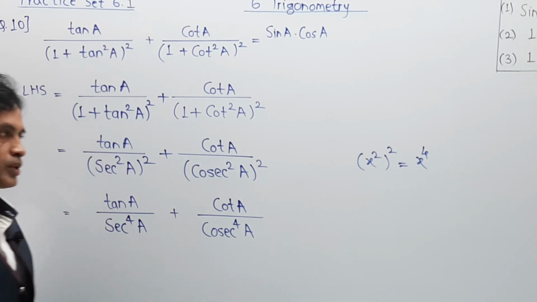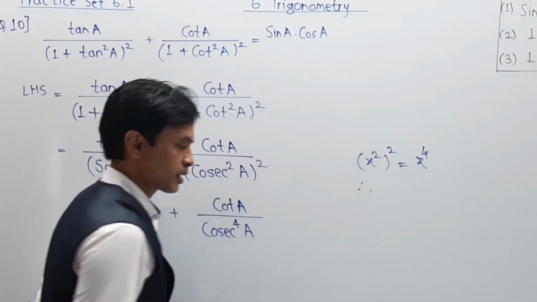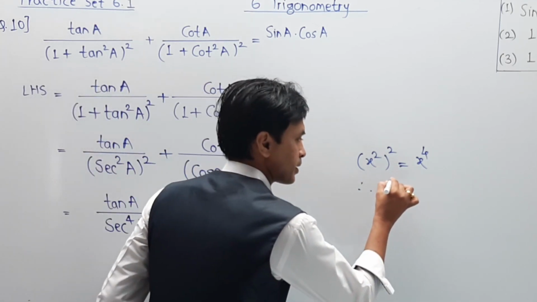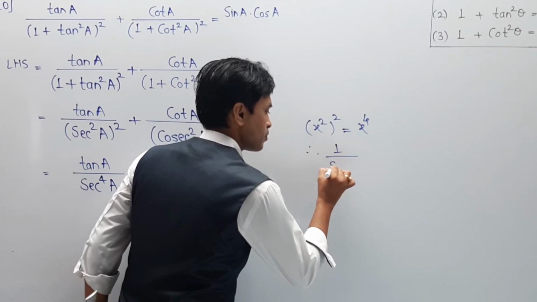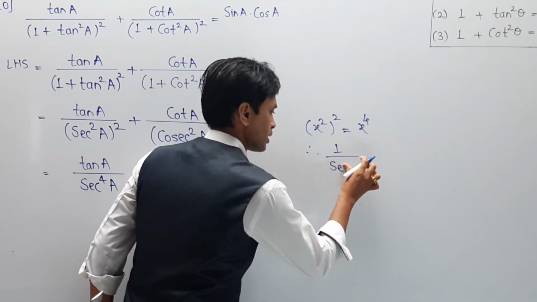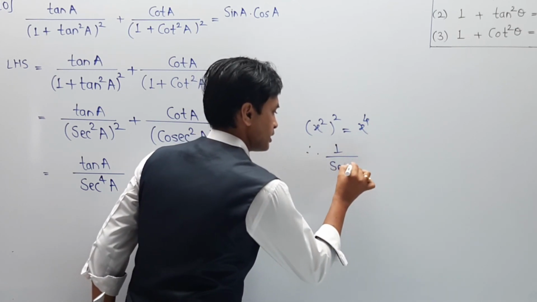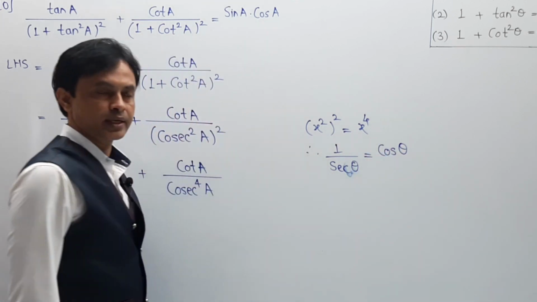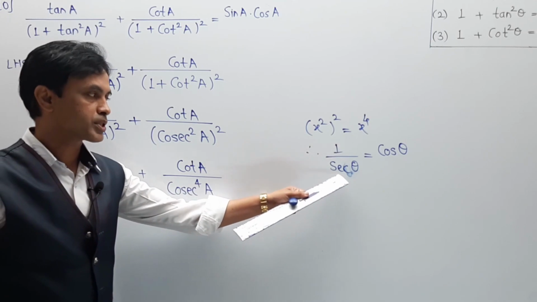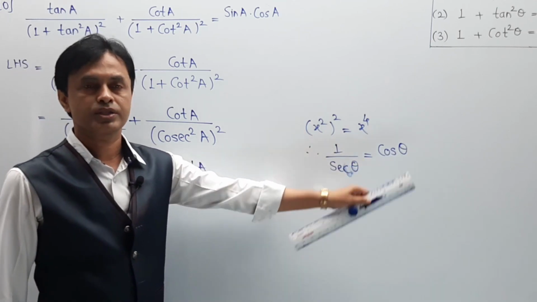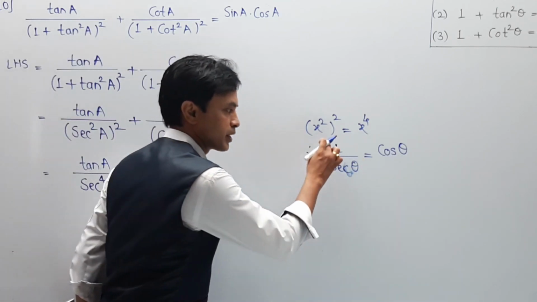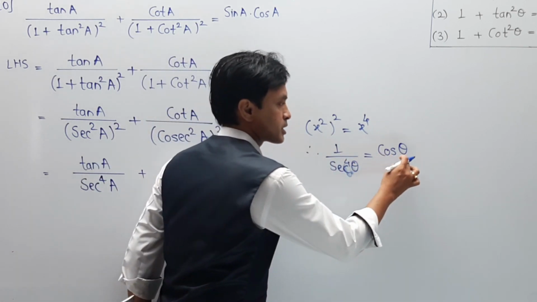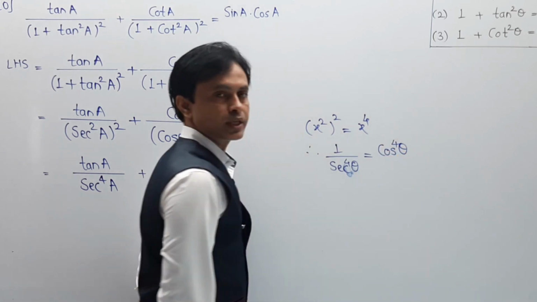What are those values? So the first part is sec is a reciprocal of cos, means in a numerical if I am able to get the value 1 upon sec theta, you can write it as cos theta. I repeat, if a numerical is given as 1 upon sec theta, then I can write it as cos theta. In a similar manner, if anyone gives me 1 upon sec raised to 4 theta, I can replace it as 1 upon cos raised to 4 theta.